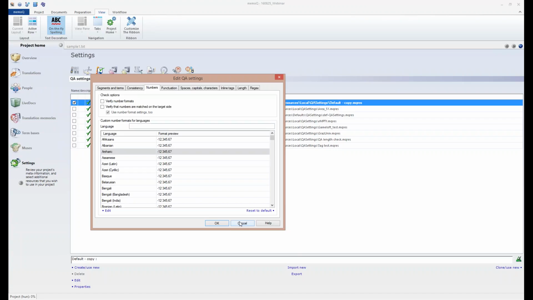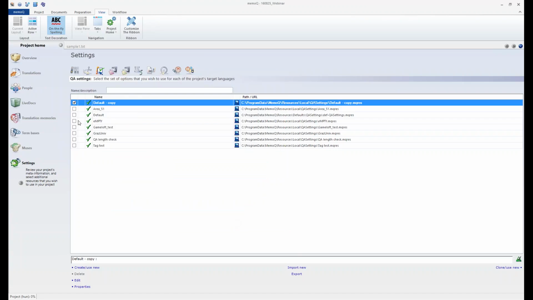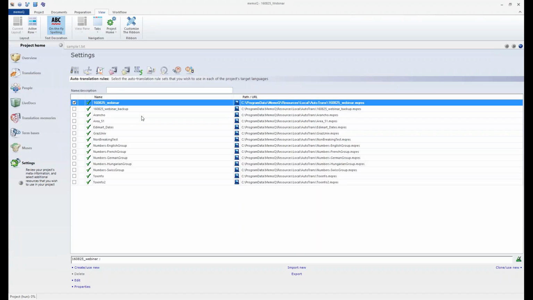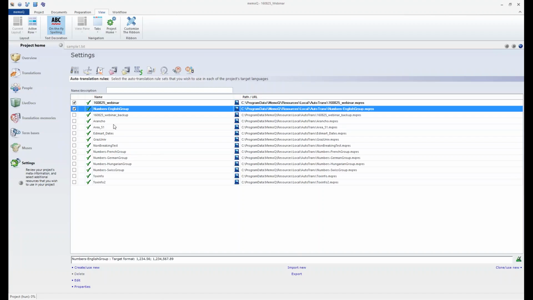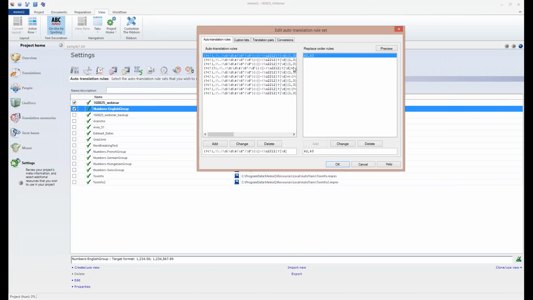Okay, but I want to check my numbers. Okay, sure. Why don't you check your numbers? So what you can do is, in auto translation rules, there are default number groups. So if I'm translating from English to English, then I would choose the numbers English group. And this one has a number of predefined